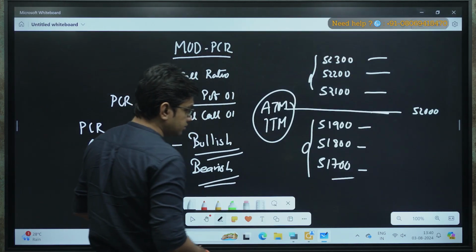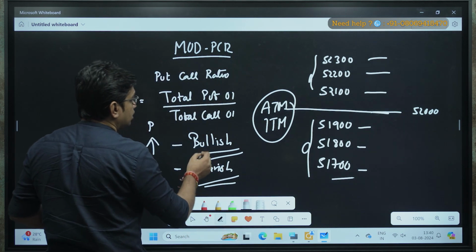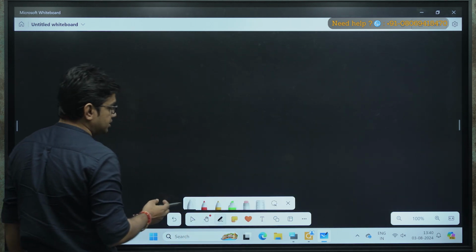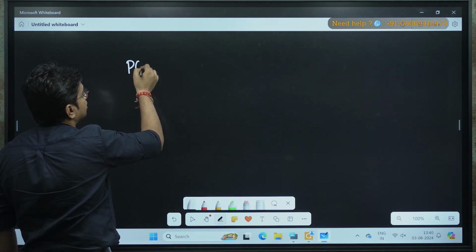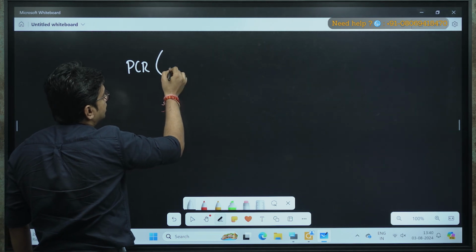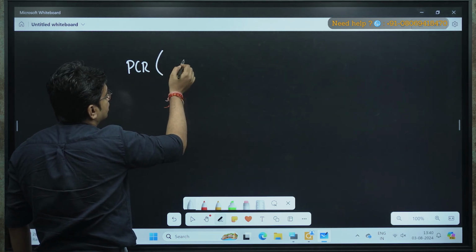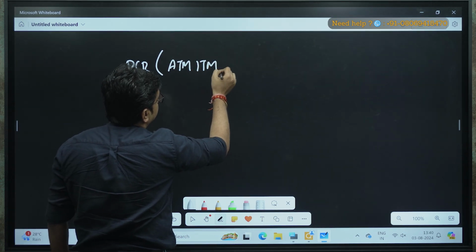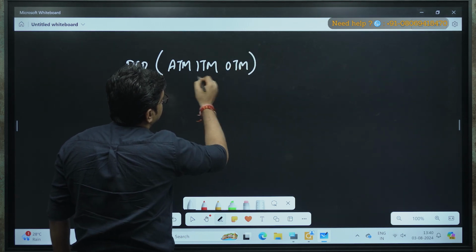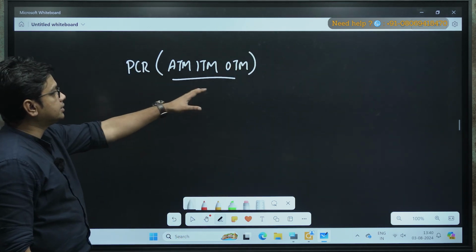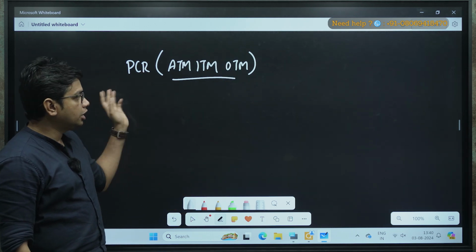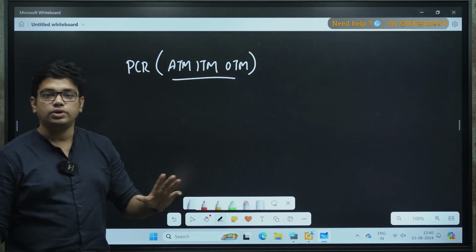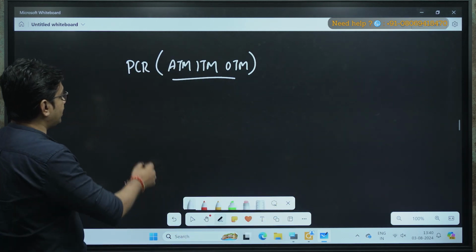Now let me show you about the modified PCR. In normal PCR, it works at all the levels, I can say that mostly: ATM, ITM and OTM. So any changes that happen at any point of time, it will show you the same data. The PCR is changing, so according to that you can take the trade. But modified PCR